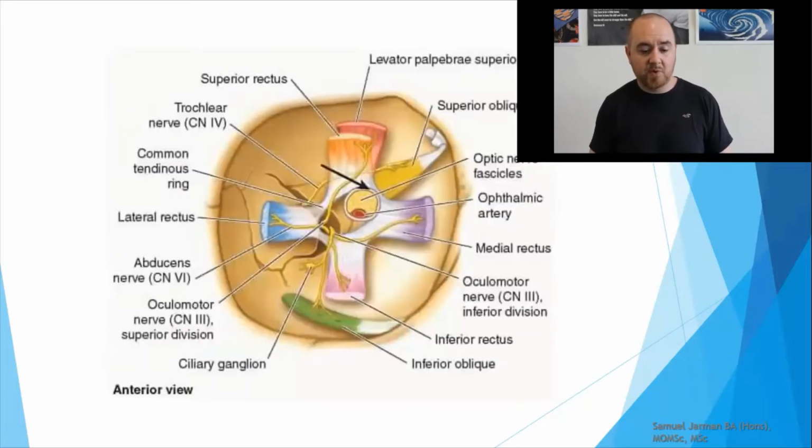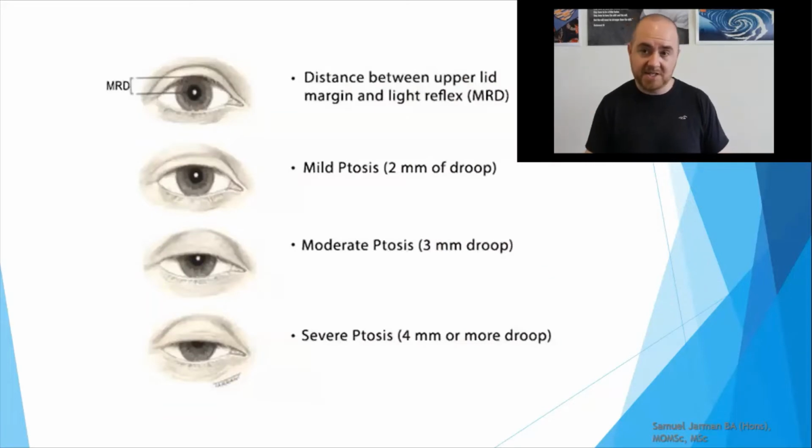Right. Now, if we're going to see problems with 3, as we already noted, one of the first problems you're going to see with cranial nerve 3 upon presentation of a patient is essentially a droopy eyelid or a completely closed eyelid, which is going to be called a ptosis or a ptosis, depending on how you like to pronounce that. Right. But as the image is going to show here, you're going to have different levels of ptosis. There's a mild droop, a medium droop, a bigger droop. Right. You've got these in varying